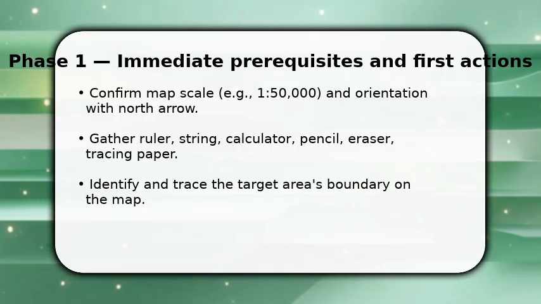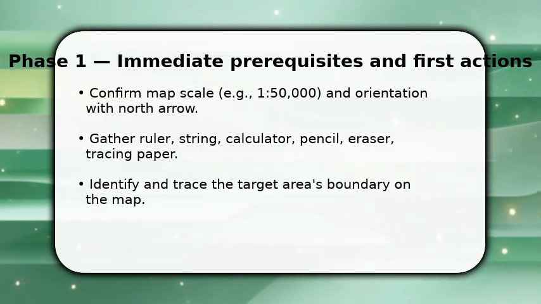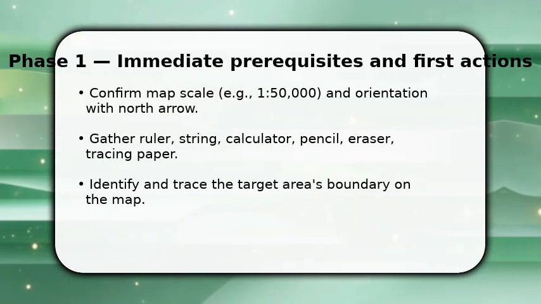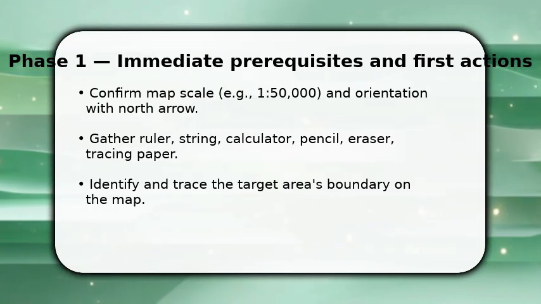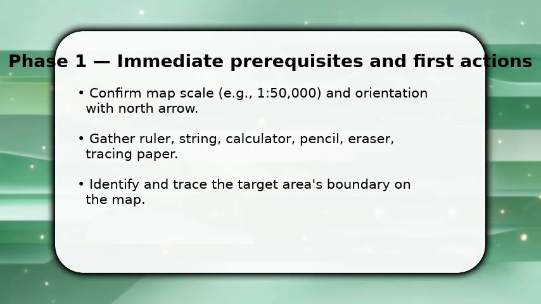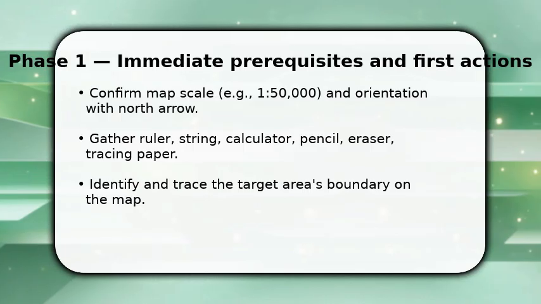You start with a clear map and the right tools. First, confirm the map scale like 1:50,000 and orient the map to north. Then, using pencil and tracing paper, carefully trace the exact boundary of the area you need to measure. Take your time to follow curves. Once done, label key vertices and turn points with numbers. Make sure to note whether the boundary crosses map margins and mark where you might need to bridge gaps before